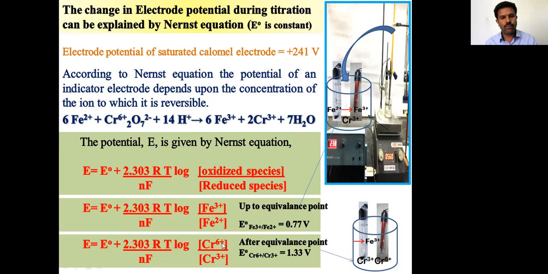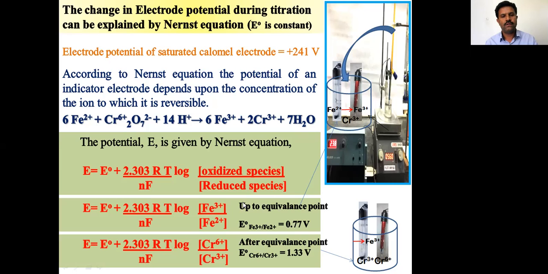Okay. Afterwards, why is there a gradual increase? Because the E0 value for this system is fixed now, 1.33, and only the concentration of the numerator changes, that means the added extra, unreacted chromium 6 plus, will be added into the solution. That means the numerator value gradually increases. So after the equivalence point, a gradual increase in electrode potential will be observed. So this is the reason why we observe a drastic change at 3 ml.